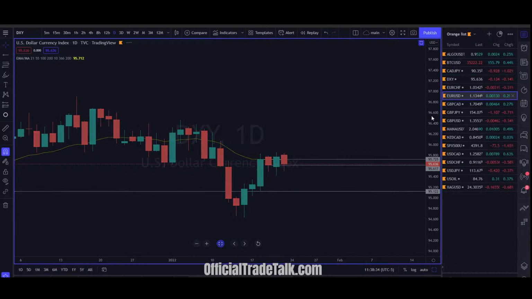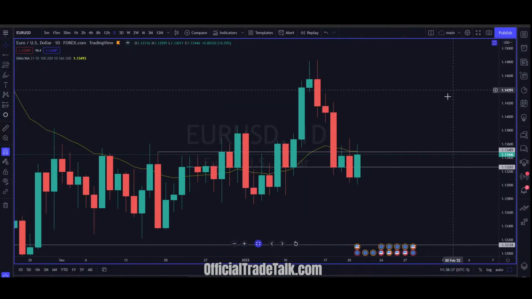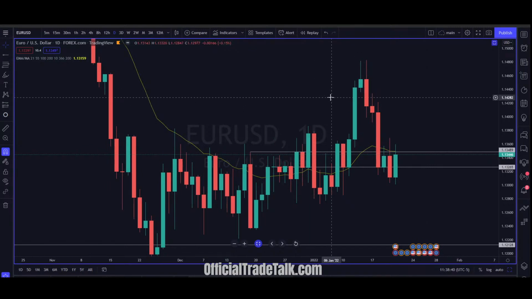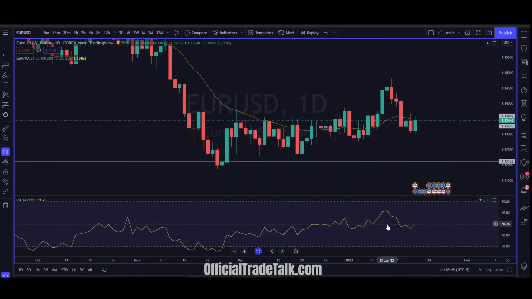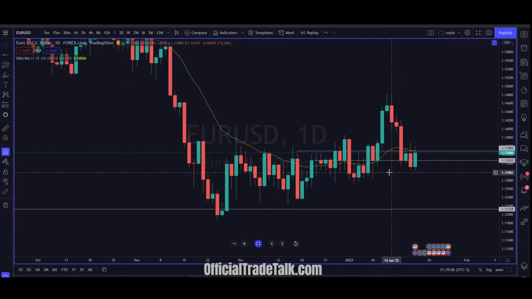So EURUSD, since it has the highest correlation to the US dollar, this is where we're going to be looking for those entries. So if we're long dollar, we've got to be short this. Now short this works. Technicals say that this is a beautiful short. You're trading right back up into your 50 zone, which is your neutral zone between bulls and bears on your RSI. And then there's your 21 exponential moving average, which is kind of like a momentum indicator in itself. If price is trending away from that moving average, then you know that whoever it's trending away from, in whatever direction, that's who has control of price.